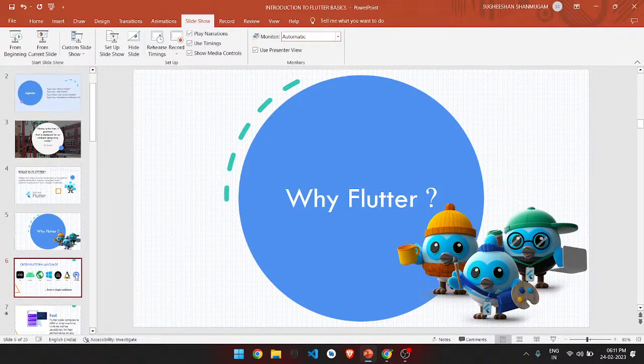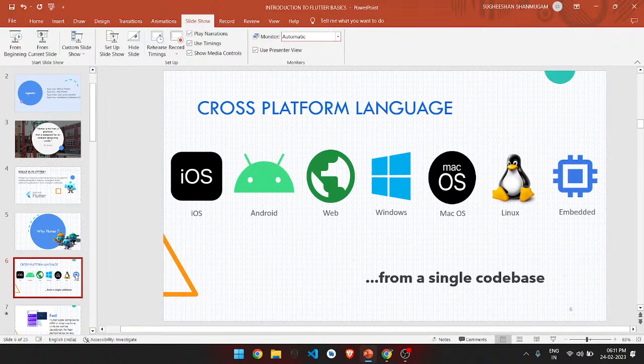So, why Flutter? Flutter is a cross-platform language. Initially, people don't have the knowledge of what is cross-platform. A cross-platform language is a language which can run on various different operating systems. A software is said to be cross-platform when a product is to be seen through various individual operating systems and perform the same functionality and tasks of the application, so that the product's comfort is not withdrawn.